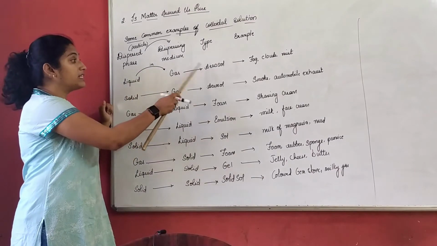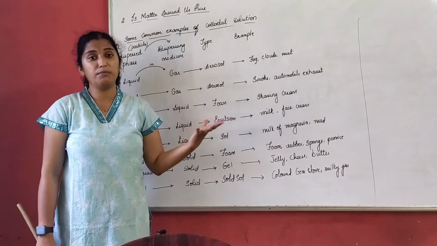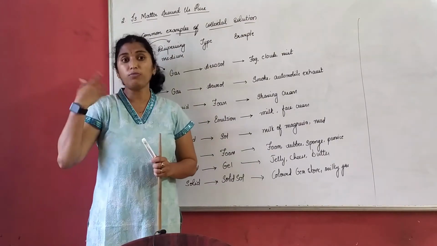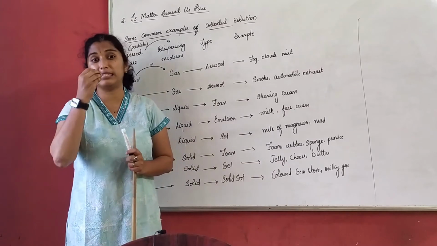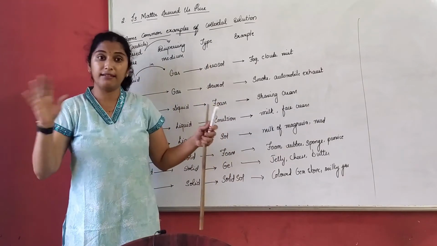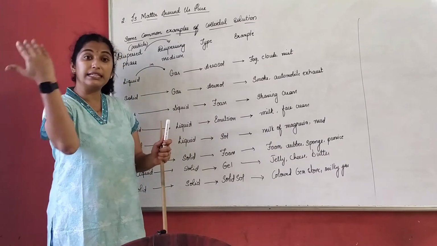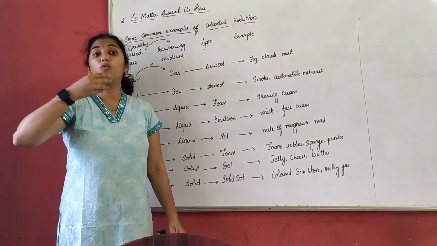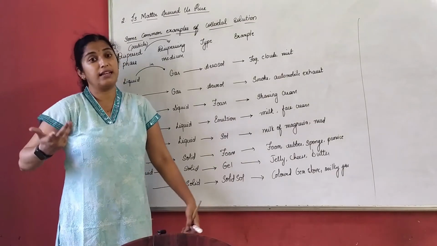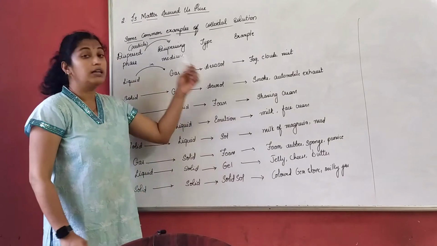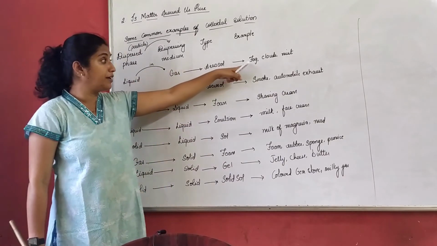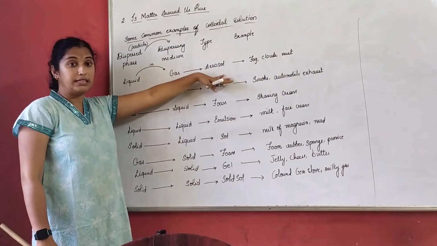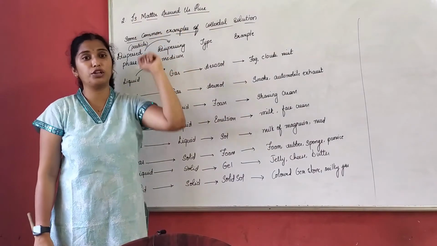So again, liquid in gas we get aerosol. Fog you all must have seen, right? That means it is in gaseous form. Simple, leave fog. If you sneeze, what happens if you sneeze? Small droplets are spread in air. Got the example? So that means in air, small water droplets are there. Simple, if I sneeze, what happens? Water droplets will spread in the air. That is how viruses are spread, right? So that is the meaning of aerosol. That is the meaning of your fog, cloud and mist, because of liquid in gas, aerosol. Got it? In all atmosphere, small water droplets.